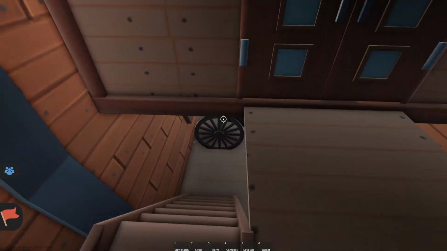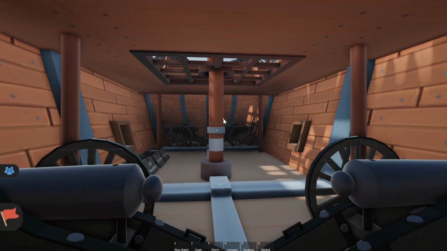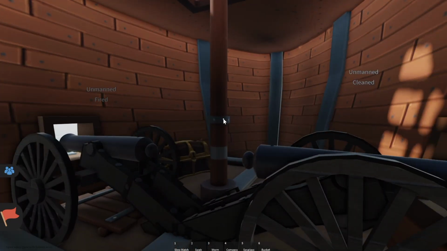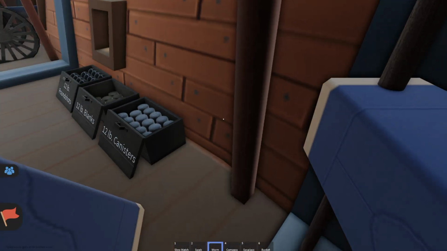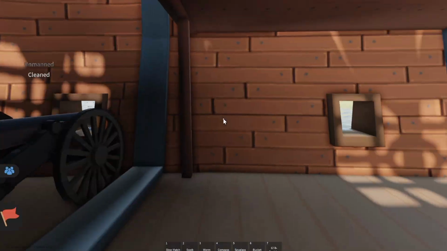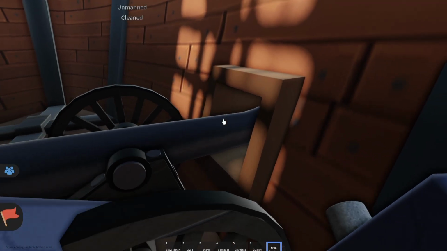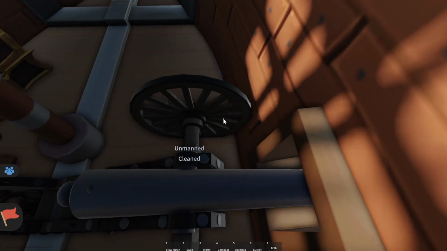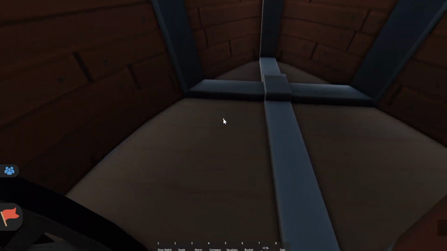And when you're on the pirate ship and the bottom deck of Musket Testing, you might be like, oh, what's the point of these cannons if I can't load them? Because, well, if you try, like, for example, let me take a canister and you try to load it, like, in there, as you can see, it's not working. So, if you want to know how you actually